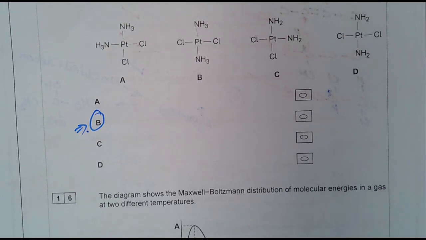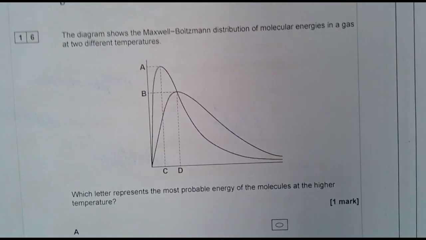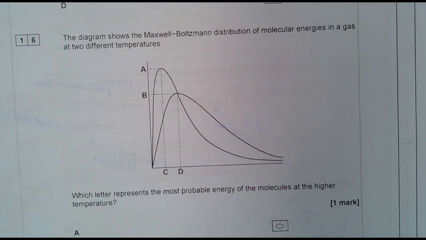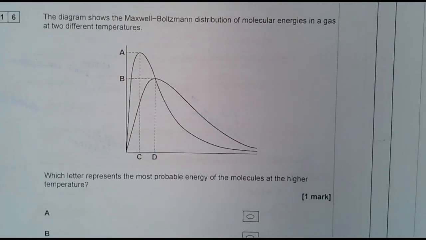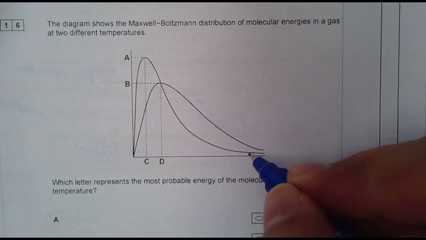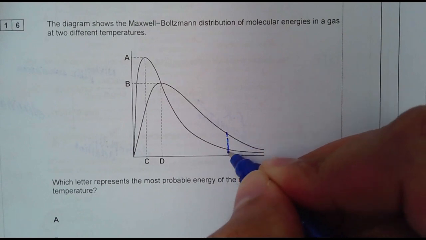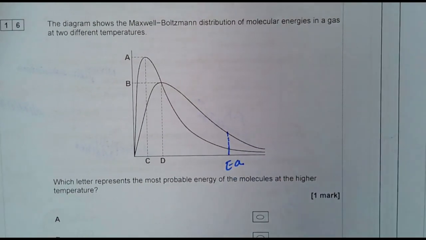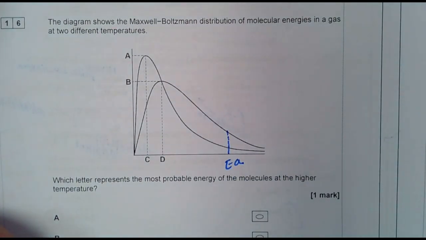Next question here. This is about the Boltzmann distribution diagram. It says the diagram shows the Maxwell-Boltzmann distribution of molecular energies in a gas at two different temperatures. So I can clearly see here, let's say I'm just making it up, this is my EA. At what temperature do I have